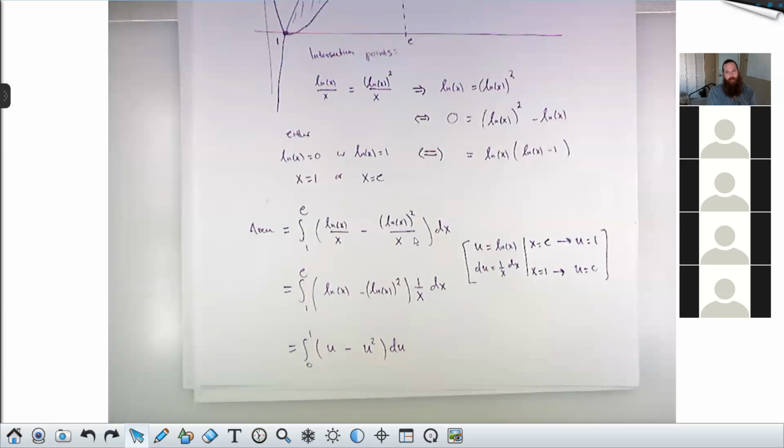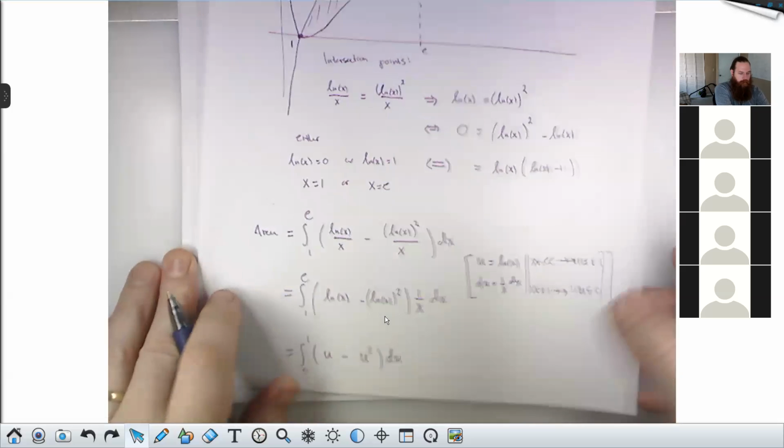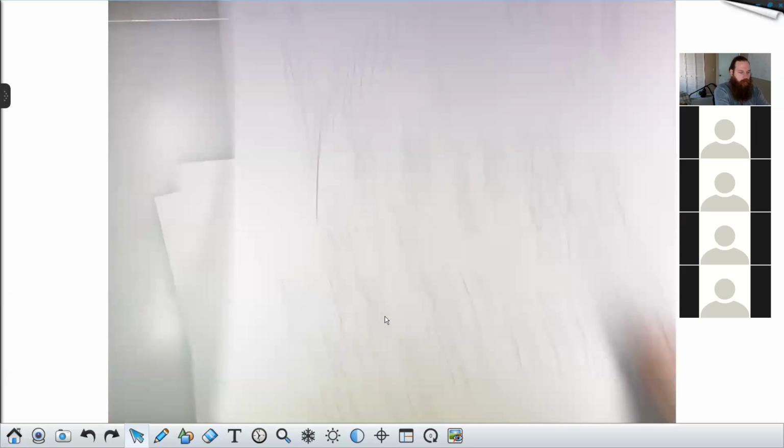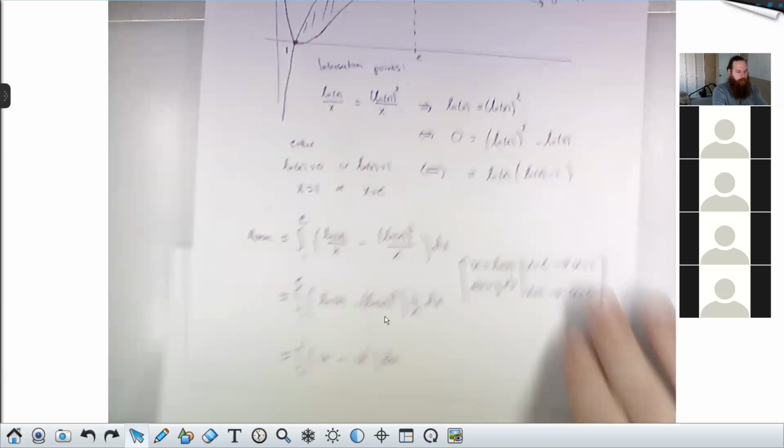Each of these had an x downstairs. So I could factor that x downstairs as a 1 over x and group it with the dx here for my substitution. And then this is u, and this is u squared. So what we end up with here